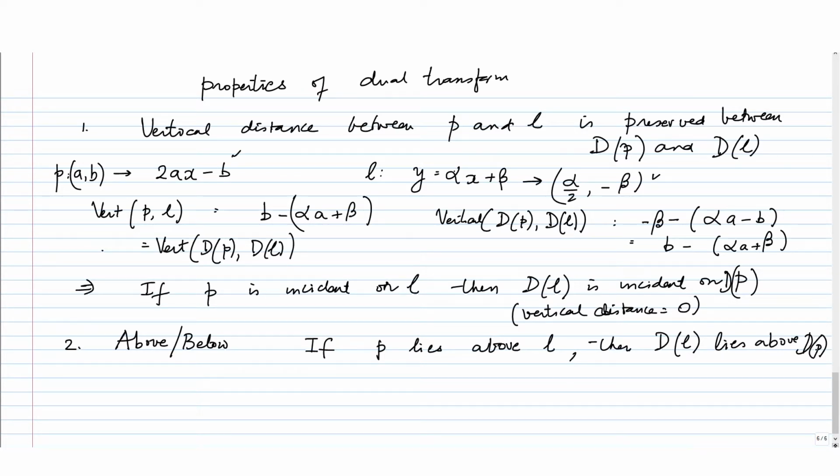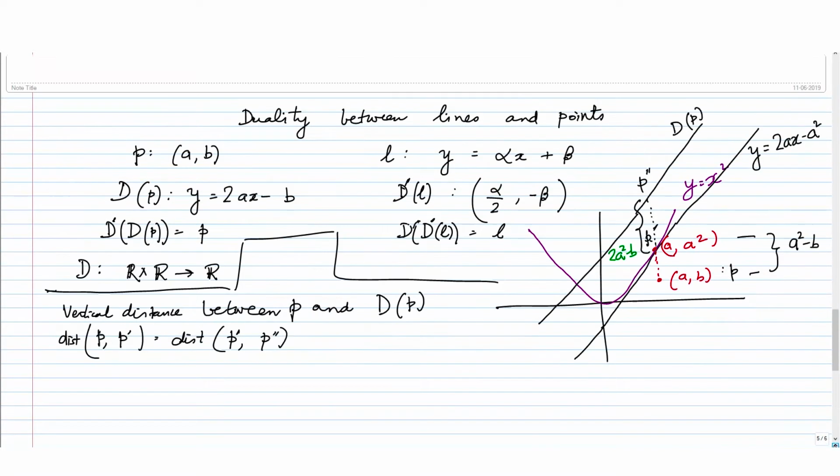Again, you can just substitute those equations and verify this. Right. So, these are the two very useful properties of dual transform. One is that the incidence property is maintained, including the vertical distance, and the above-below relation. Now, I will exploit, let us go back to the problem of this